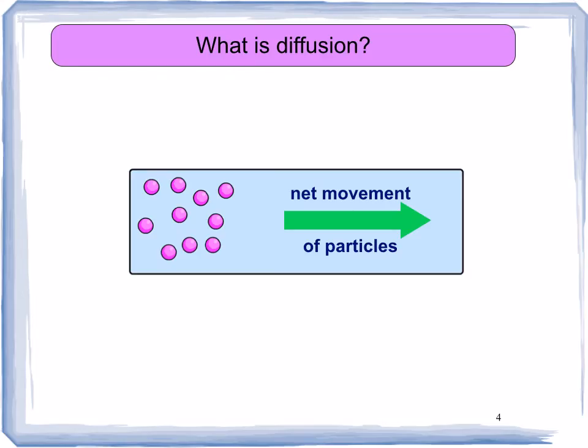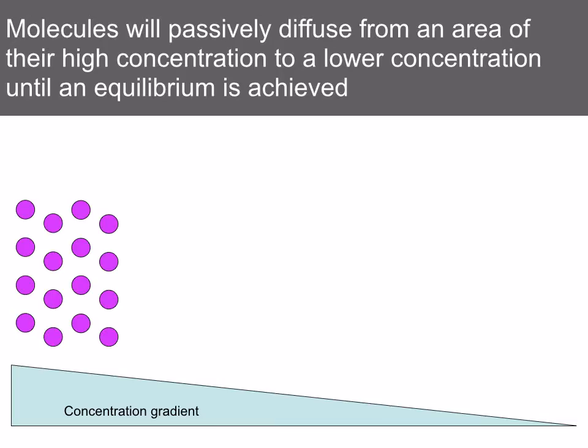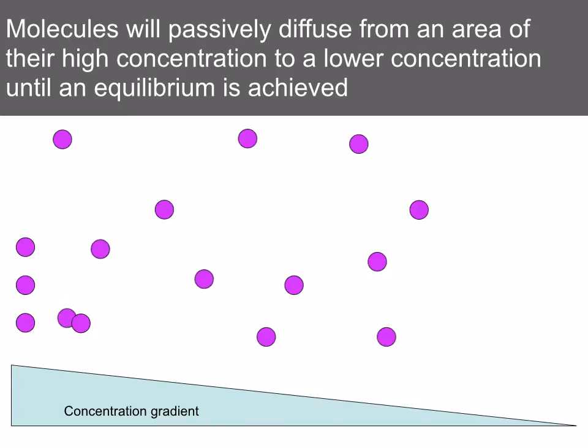So what is diffusion? We say that diffusion is passive transport. It's the net movement of particles down a concentration gradient from a region of high concentration to a region of low concentration, either in a liquid or gas. So here you can see the pink molecules are moving from the left, where they're in high concentration, to the right, where they're in low concentration. So molecules will passively diffuse from an area of their high concentration to an area of low concentration until an